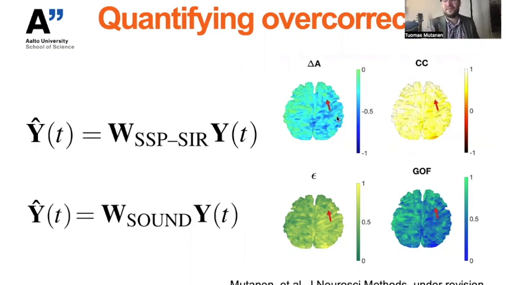And in this specific example, we can see that, for instance, removing the muscle artifacts would indeed attenuate the cortical sources close to the coil. But if we are interested in cortical connections, for instance, on the contralateral hemisphere, we can quite safely measure those responses even after cleaning. So that's very nice. These methods allow you to quantify the level of overcorrection.